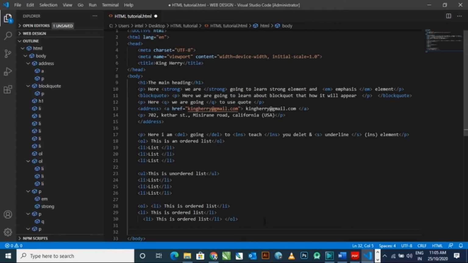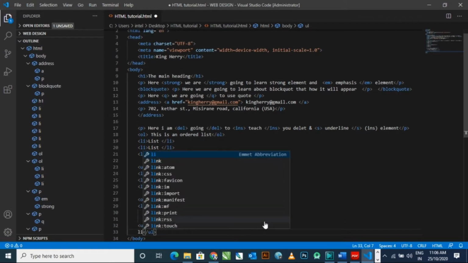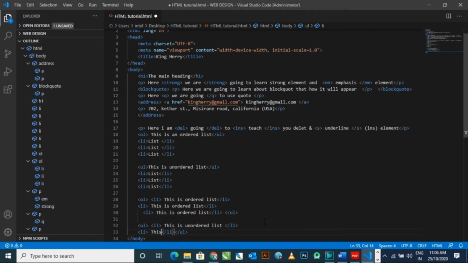Okay, and now I am typing the unordered list element. It will appear as a dot list, full stop, full stop, full stop. No 1 2 3 format, only the dot format. You will see the unordered list. Simply I am typing the same as above. Three times I will type, or two times. Okay, this is an unordered list.